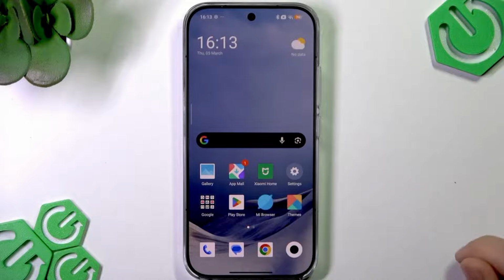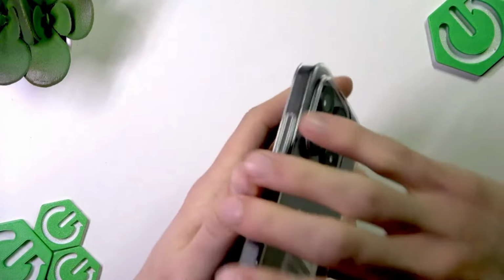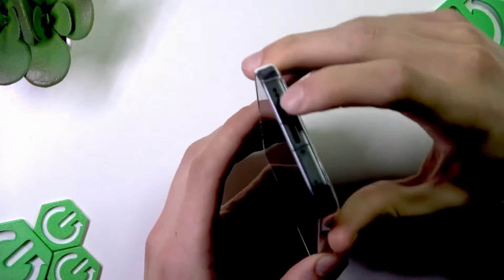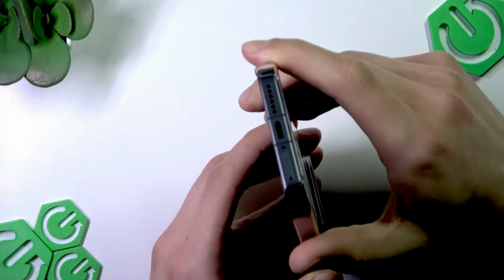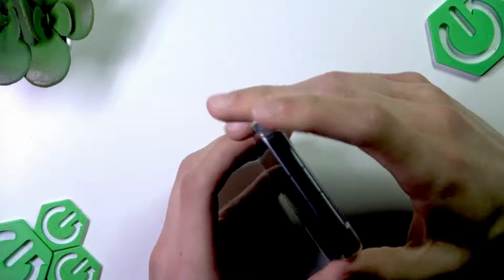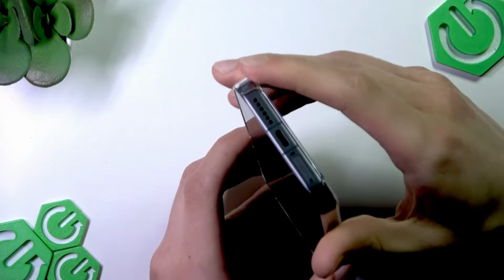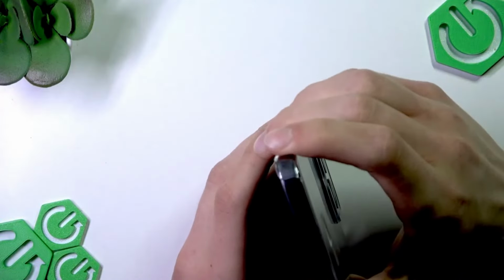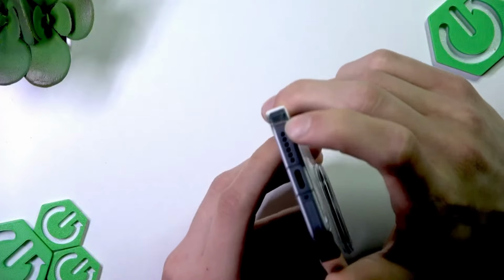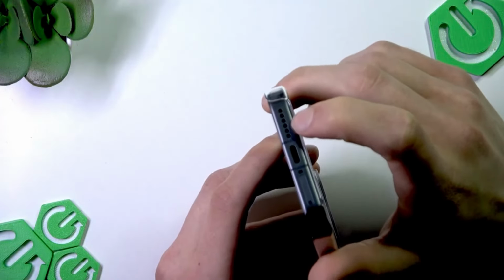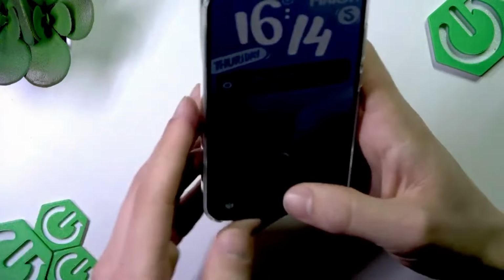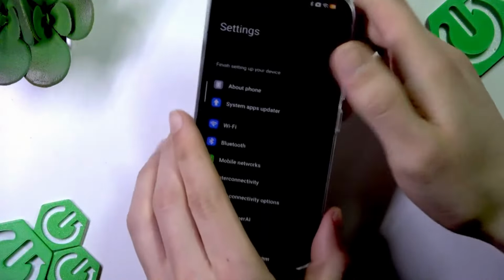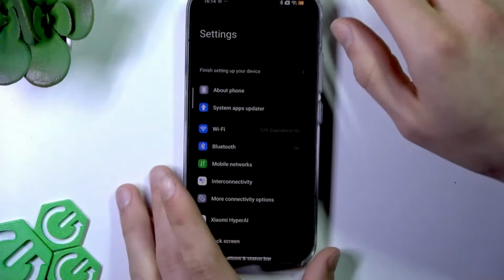So first of all, clean the speaker grills that are located on the bottom side of your smartphone using a soft brush. Do not use any metallic objects to not damage your smartphone. Just gently try to unclog the speaker grill using a soft brush, and if it won't help you, then go to settings and here